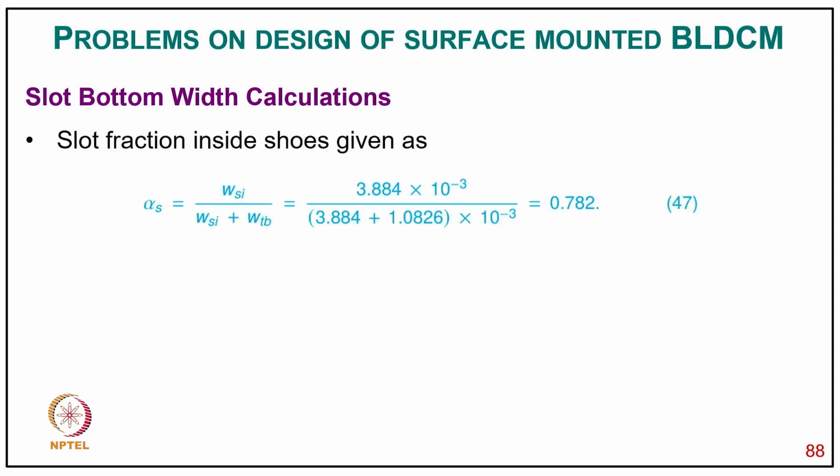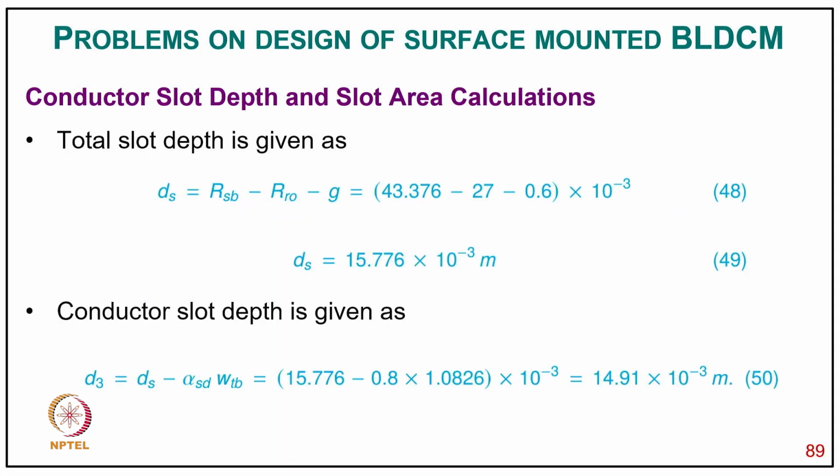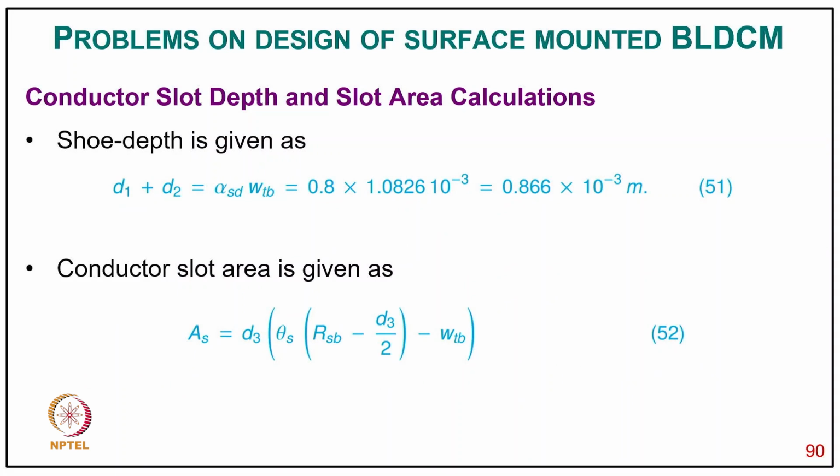and the slot fraction typically inside is αs equal to WSI upon WSI plus WTB, putting value, it comes 0.782, and slot depth is given ds equal to RSO minus Ro minus G, putting value ds comes 15.766 × 10^-3 meter, and conductor slot depth is given as d3 equal to ds minus αs d WTB, it comes after putting value 14.91 × 10^-3 meter, and the depth comes as d1 plus d2, that is equal to αd WTB, putting value, it comes 0.866 × 10^-3 meter,